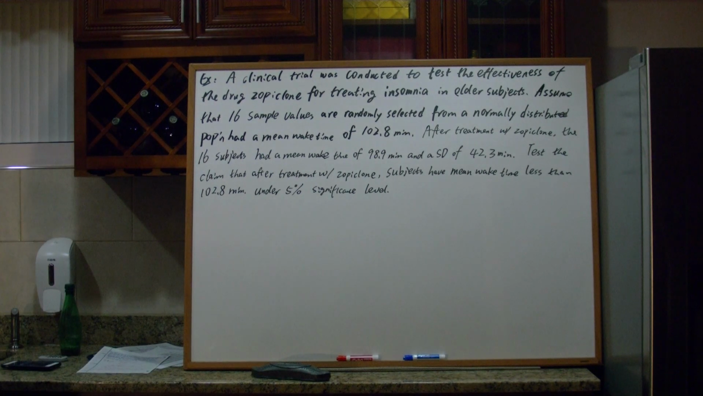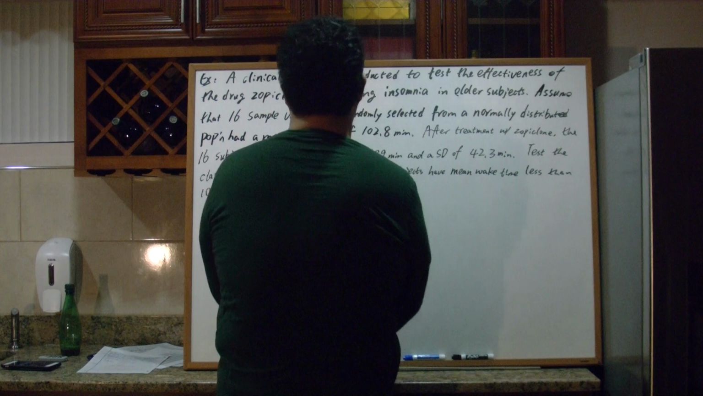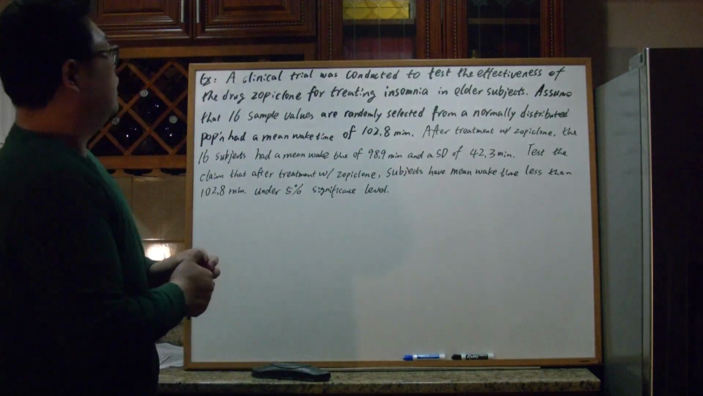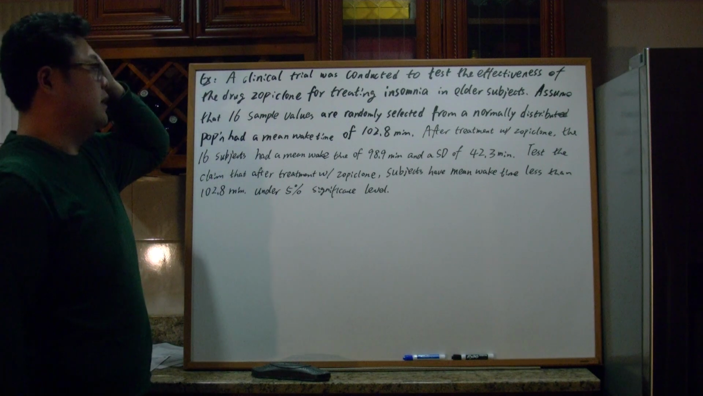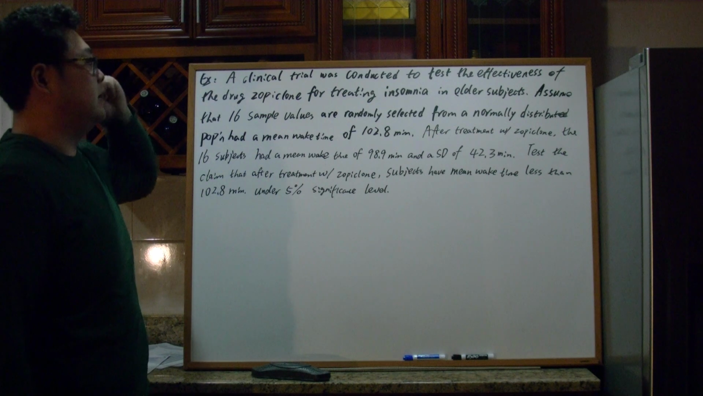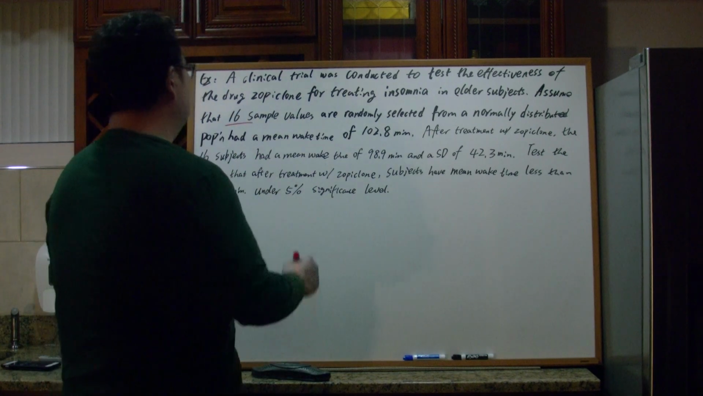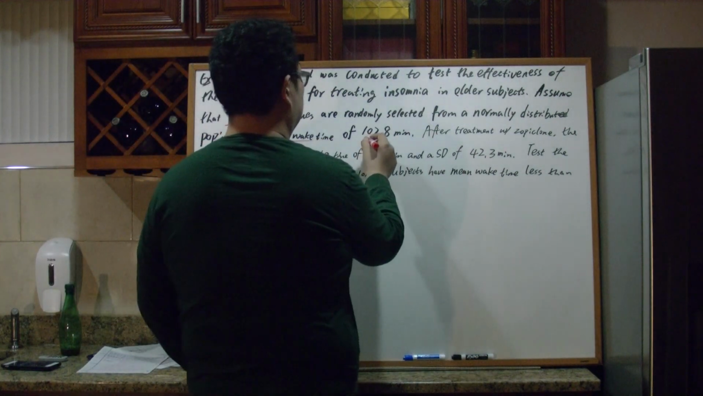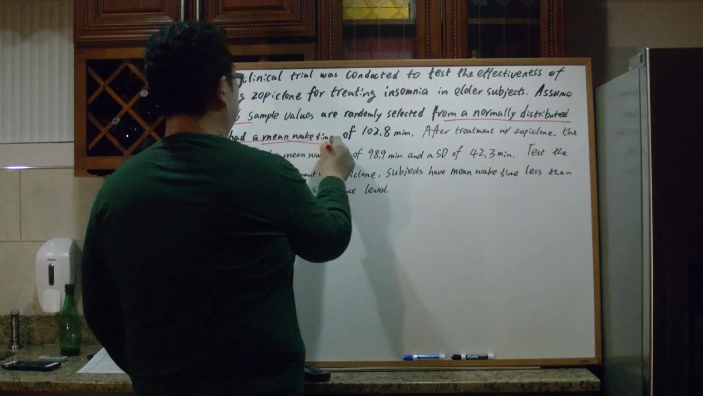We want to test that after the treatment with zopiclone, subjects have a mean wake time less than 102.8 minutes at the 5% level of significance. The first sentence tells us what the clinical trial is doing. We have a simple random sample of 16, and the population is normally distributed with a mean wake time of